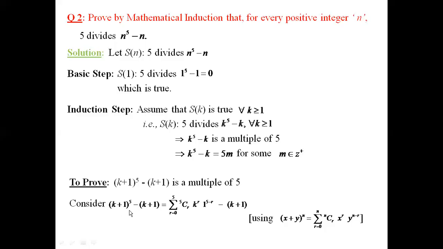We are trying to use binomial expansion just for simplification, for easy purpose. So (k+1)^φ can also be directly expanded, writing it down as (k+1)^2 into (k+1)^2 into (k+1), and multiplying, you can directly simplify as well. So here I have used binomial expansion, which I felt to be easy. Now let us expand the summation. In order to expand the summation, we observe that r takes the value from 0 to 5. So 0, 1, 2, 3, 4, 5.